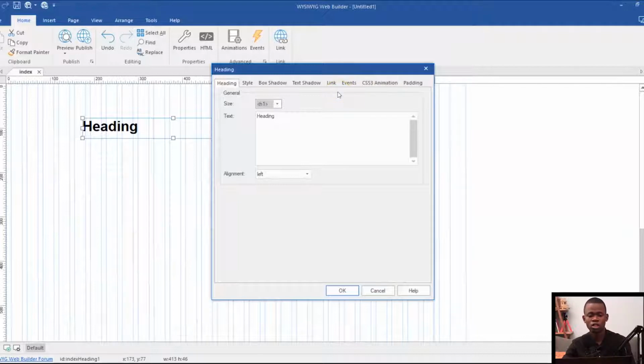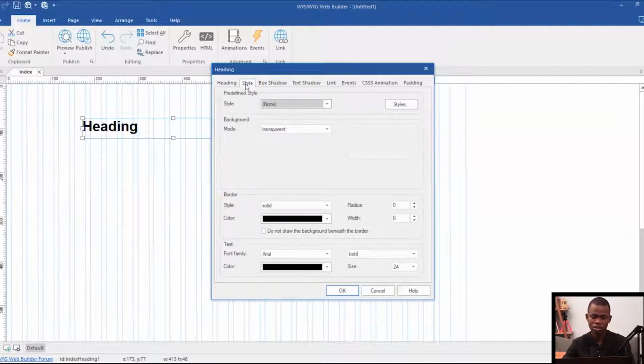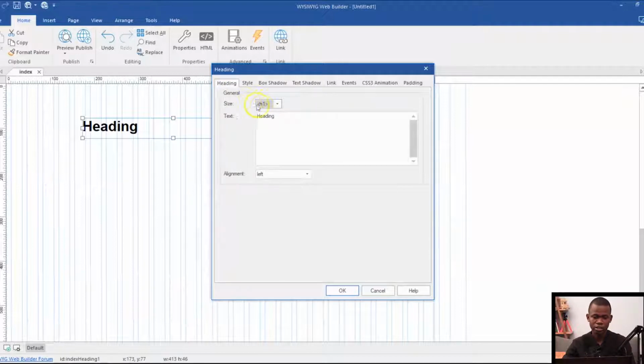But what we are mostly interested in has to do with the first part, which is the heading, and then you also have the style here as well. When we come to the heading aspect, and the size, this is where we get to define any of the heading tags we want to use. So we have the H1, H2, H3, all the way through to H6.